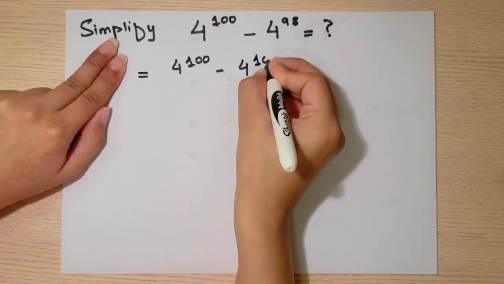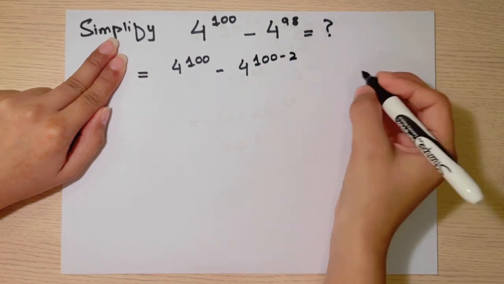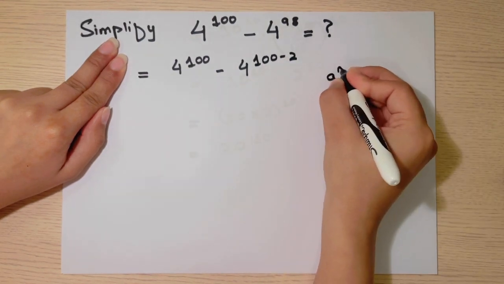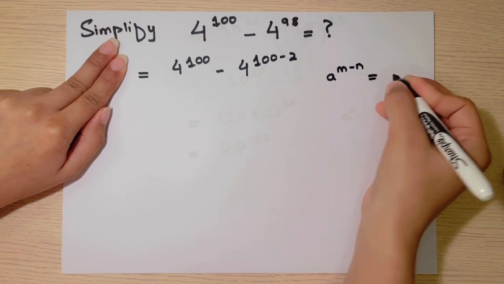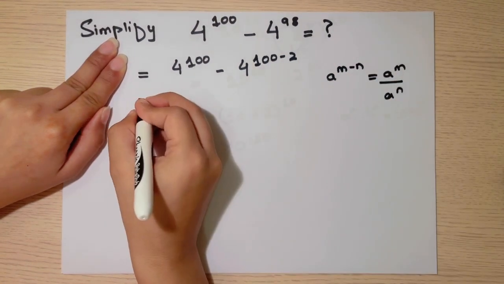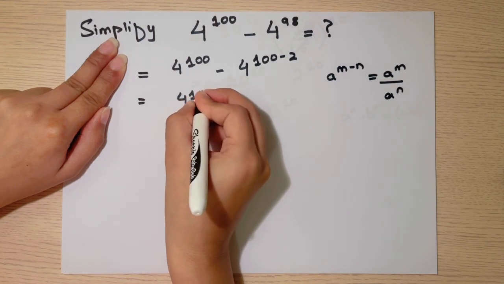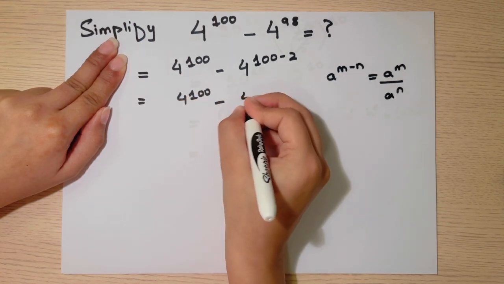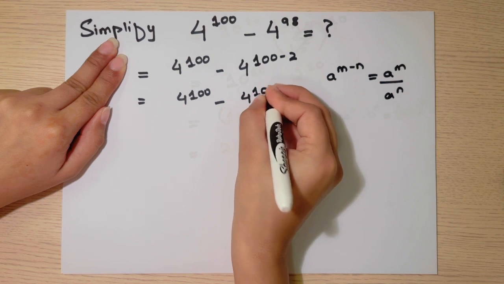For the very first one, I'm subtracting 2 from 100 to get 98. For that purpose, we have an exponential rule, which is a raised to power m minus n, which is equal to a raised to power m divided by a raised to power n. So we can write it as 4 raised to power 100 minus 4 raised to power 100 divided by 4